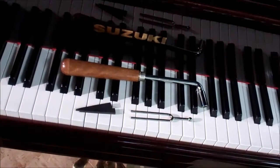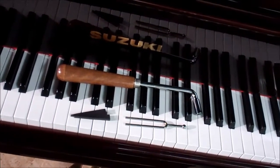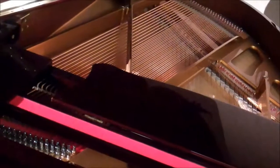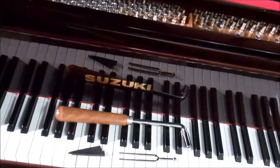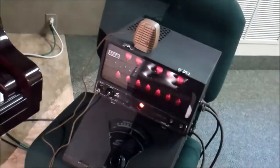Okay everybody, today we're going to be touching up the tuning on a piano. It's a baby grand piano. It's real pretty, but it needs a little help. So we need to fix that, and we're going to use our legendary Stroboconn, which is over there getting all